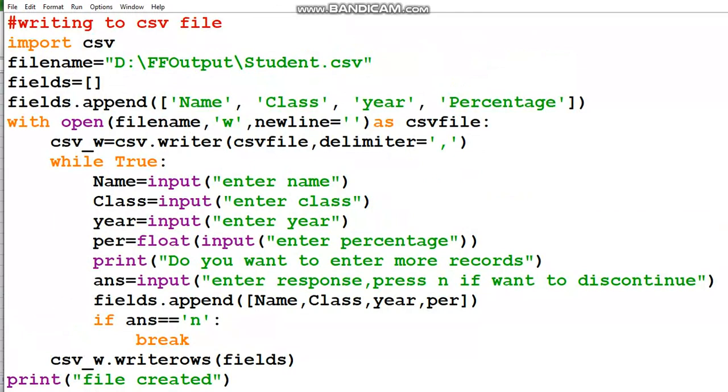The writer function is a must, whether you use writerow or writerows. The writer function is a must to initiate the CSV file object. This line you need to remember.